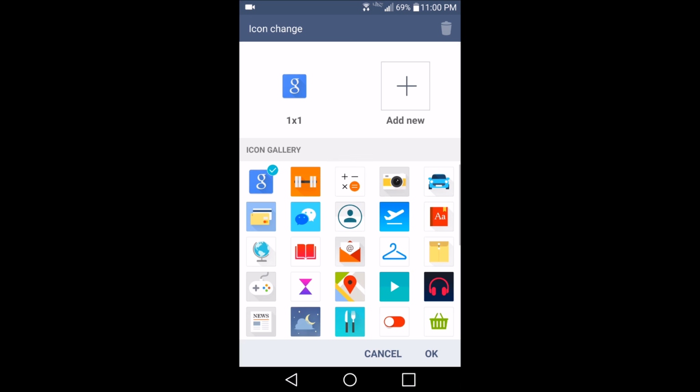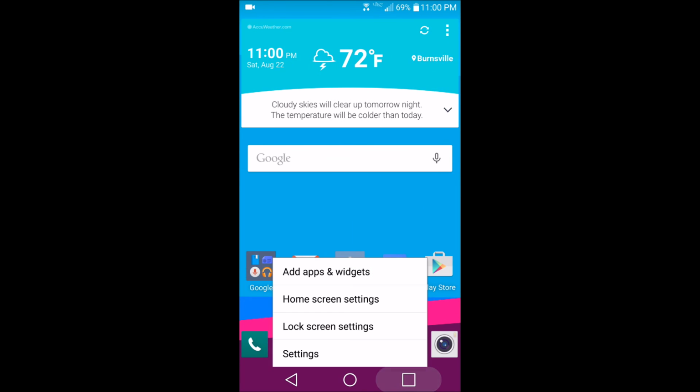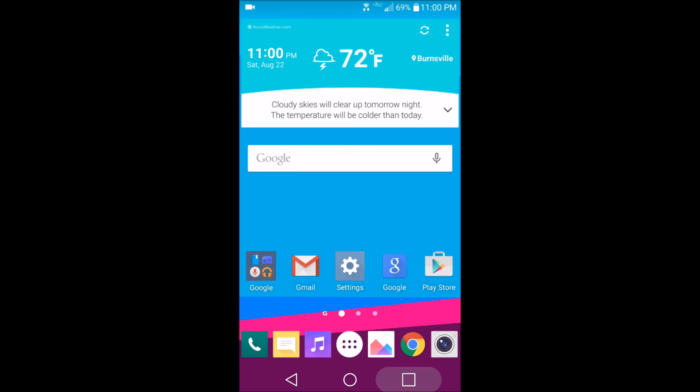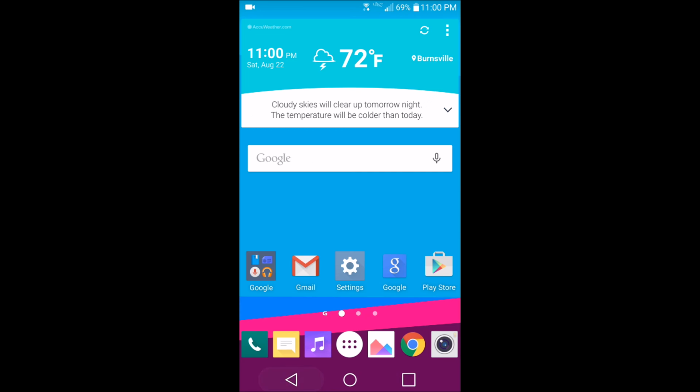You can customize the icons, the little effect of scrolling through the home screens. I haven't even gotten into all the lock screen customization that you can do. You can have all the different effects from sliding it open. It's really cool. I just went over some of my favorite tips, and there are many things about the LG